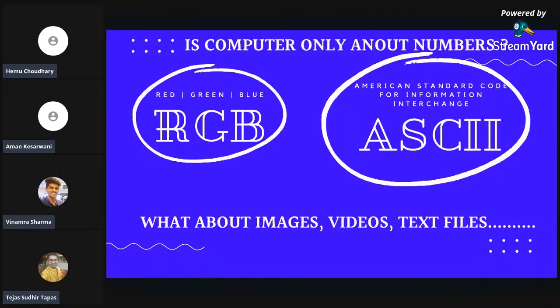So now we know how to represent numbers, but what about other things that are not numbers? Because we all know that nowadays we are using computers or smartphones or any smart device. It's not just using numbers. If it was just using numbers, what would be the difference between a calculator and a computer, right? So there are pretty much other things. So we have pointed out some major basic things.